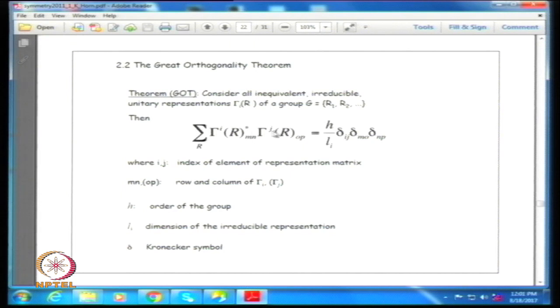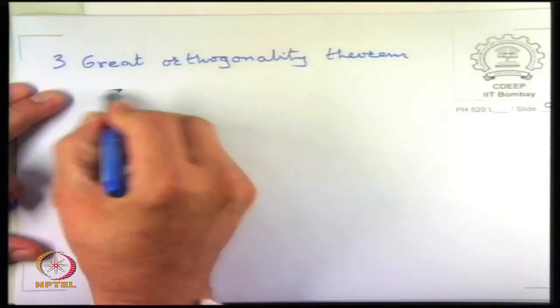If you do this, then this summation over all G will produce a delta delta delta, in the sense that M has to match O, N has to match P, and the representation index, the size of the representations also has to match, delta ij, and there is a front factor which is the order of the group as a whole divided by the size of the representation over which you are doing this sum. So, since anyway i has to be set equal to j, it is the common value of L. So, let me write it in our notation.